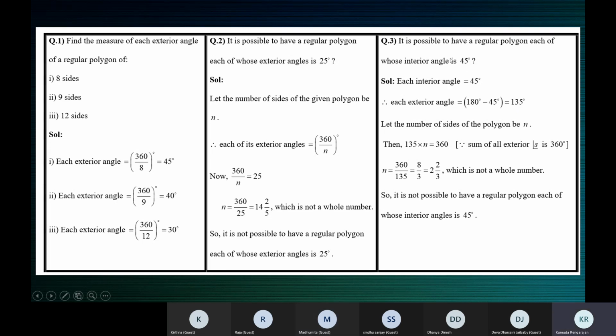If we take the interior angle as 45, then the exterior angle is 135. When you just assume that and work, you get n is 2 by 3. But you cannot accept 2 by 3. That means you cannot accept 135 degrees, and you cannot accept 45 degrees also. You're just working backwards. n is not an acceptable value. How did you get this? Because we took the exterior angle as 135 degrees. How did we get 135? Because we took the interior angle as 45 degrees. That means this is wrong. You cannot have an interior angle of 45 degrees. Okay, ma'am.